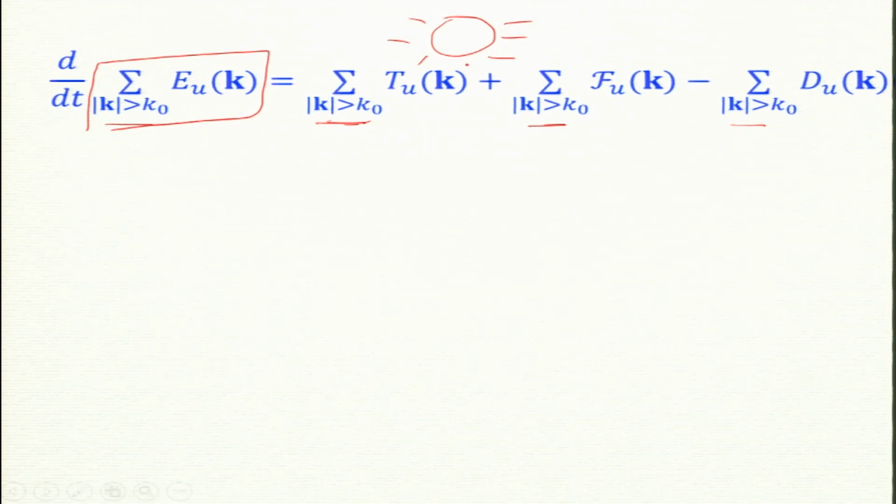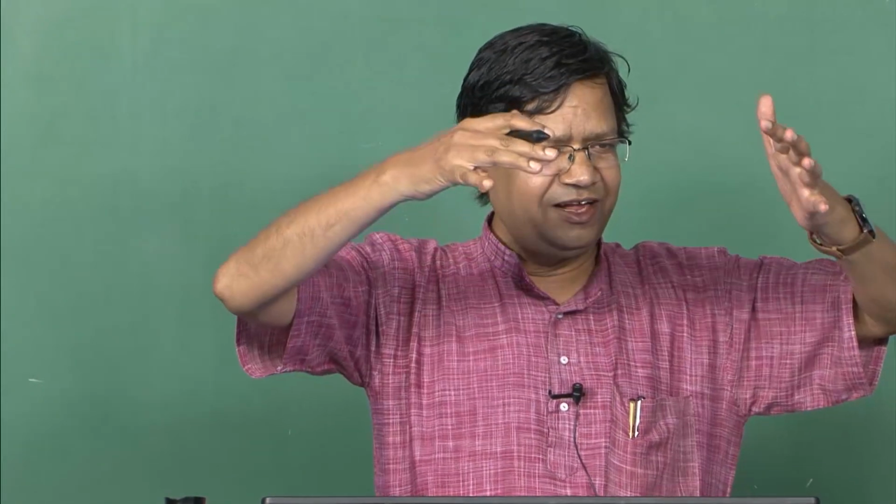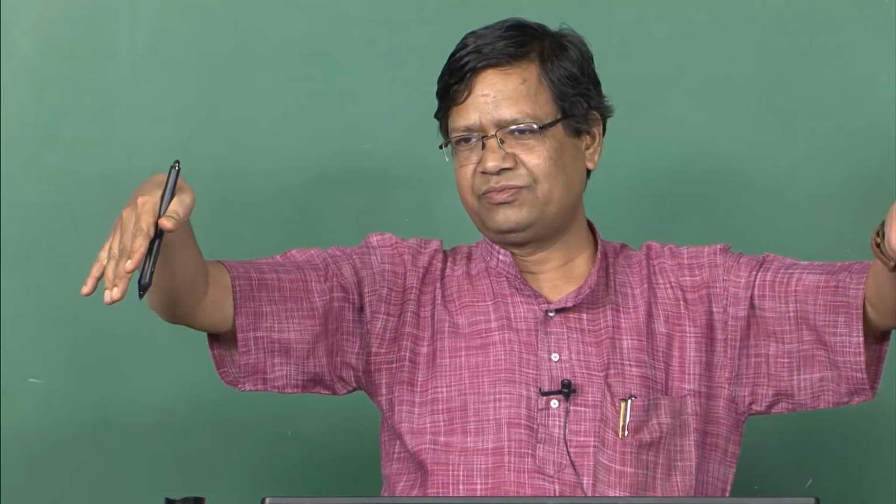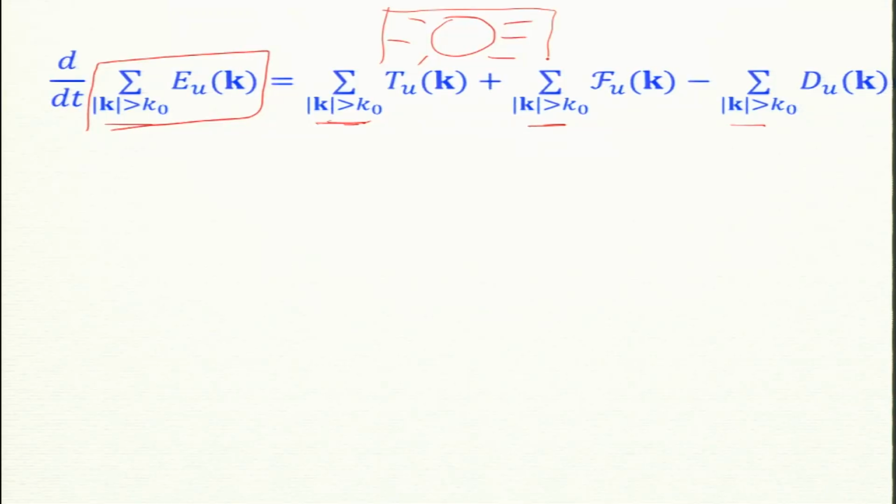Are you happy with this? So, this is d by dt of the energy in the Fourier space outside the sphere of radius k naught. Okay. So, I had this box which includes all the modes, but you exclude the modes inside. Now, this will be the nonlinear term. This is also a sum over force contribution and dissipation. Now, let us look at this term, the sum of T(u_k). I will show you that that is equal to flux. In fact, this is also equal to Pi(k naught).